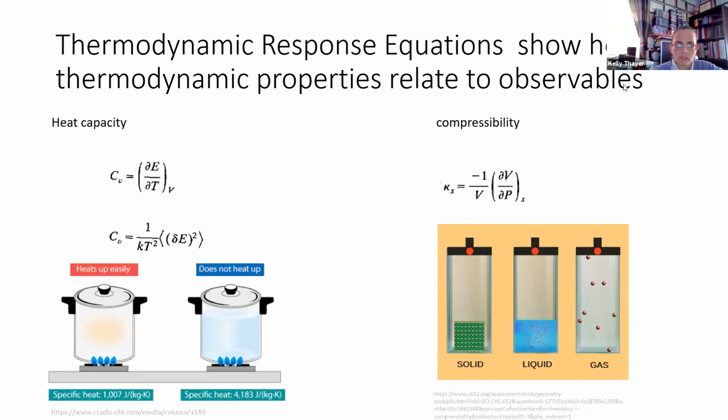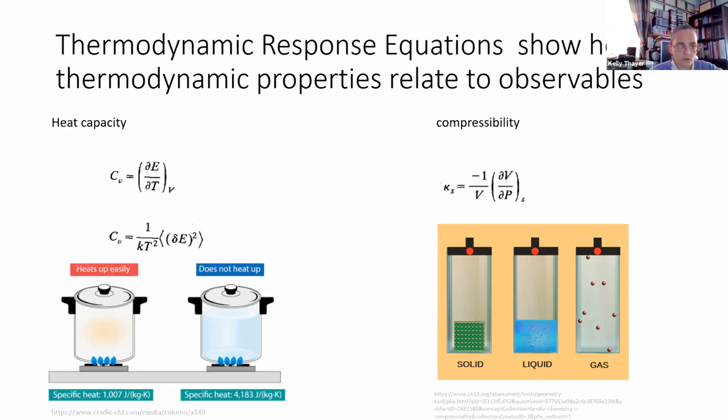However, we may be very interested in studying these properties because they can tell us things such as whether or not a reaction will proceed. So what we can do is write these thermodynamic response equations to show the relationship between some properties that are measurable and the thermodynamic equations. These come from taking the partial derivatives of the fundamental thermodynamic equations. Some of these measures that we are especially interested in are the heat capacity and the compressibility. The heat capacity is going to tell us how easily